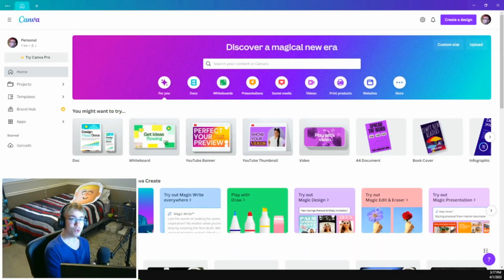Today I'm gonna be showing you guys what I use to edit my thumbnails. Now I've gotten a lot of people saying that my thumbnails look way too professional, and I'm telling you, I'm not a professional. But I also use an app called Canva, which is a free website that you can make any thumbnail on. So this right here is Canva, and I've been using Canva for about 4 years now,